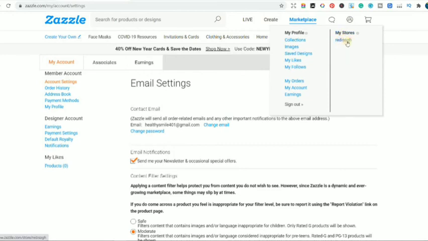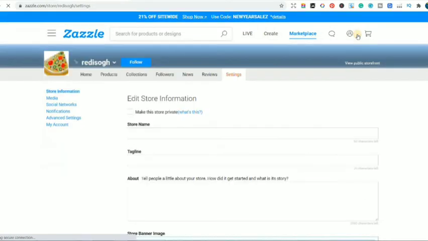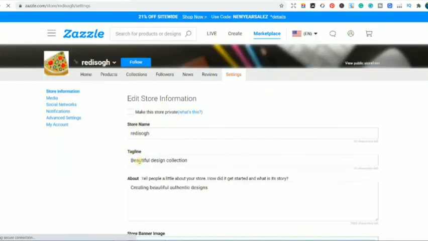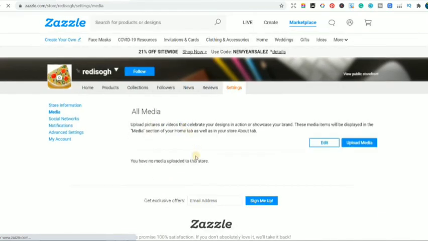And also, guys, we have created one store. You can create multiple different stores in your Jazzle account. So how you're going to do it: when you go over to this section, you can see my stores, the store that we have already created, but you can create multiple different stores in one account. So you just need to go over this, and you can edit the store details and all the information that we have already put in. Then we can also go over to the media. You can upload a picture of your brand or anything like that.